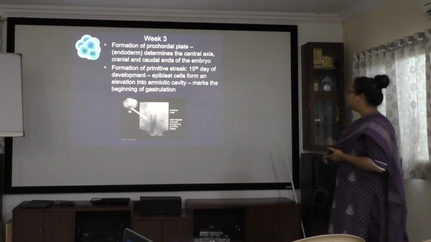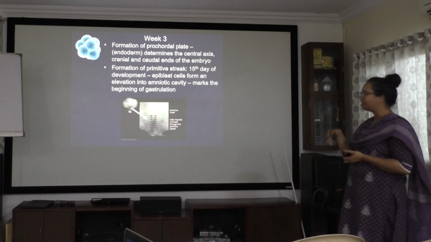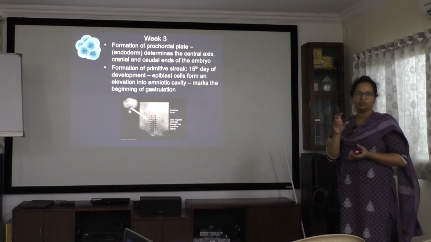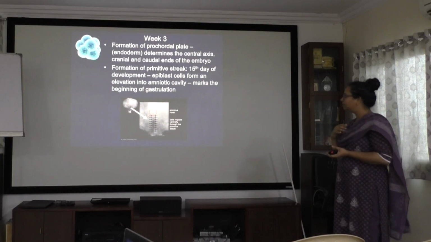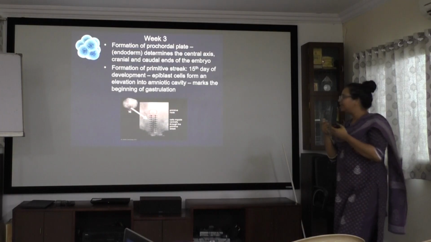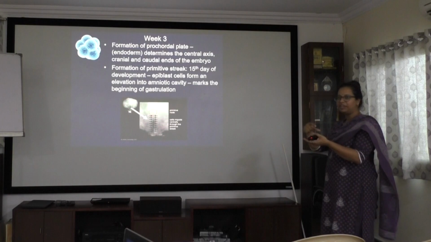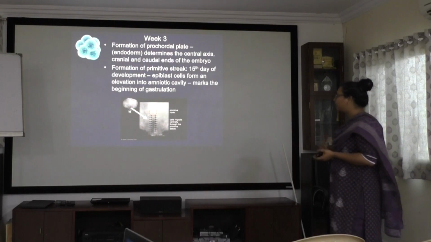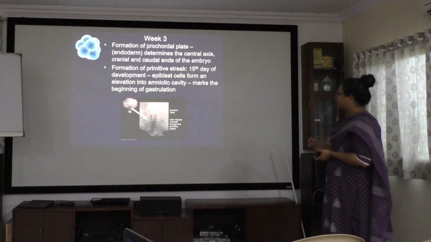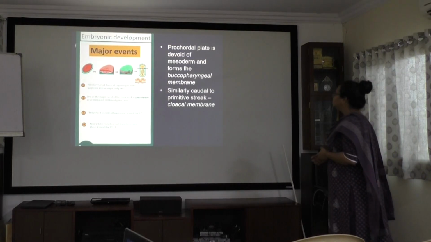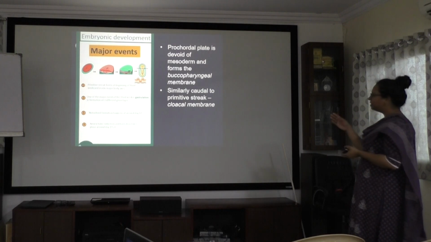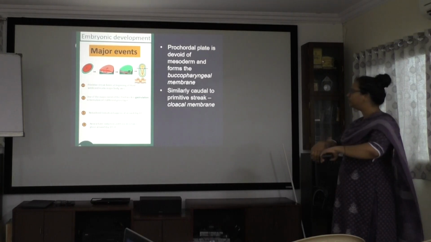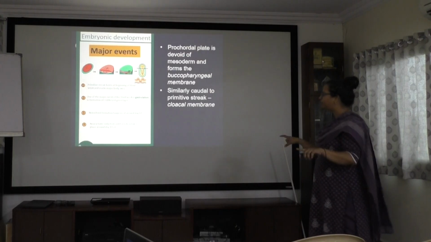At the 15th day, the epiblastic cells form an elevation into the amniotic cavity called the primitive node or primitive streak. At the start, the primitive streak is a rounded or oval structure present towards the amniotic cavity. Once the embryonic disc grows in length, this primitive streak also elongates and forms a groove at the caudal end of the bilaminar disc. Once the primitive streak is formed, the cells from the primitive streak move downwards, medially and away from the primitive streak